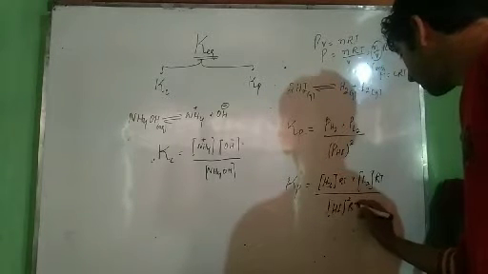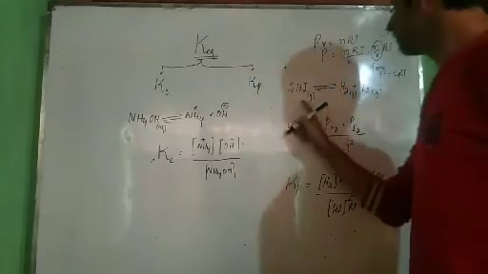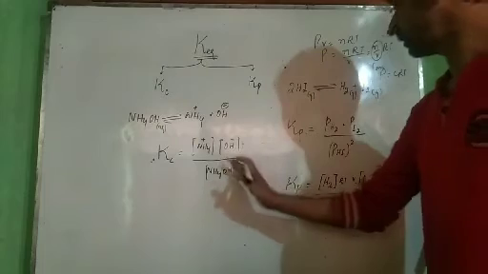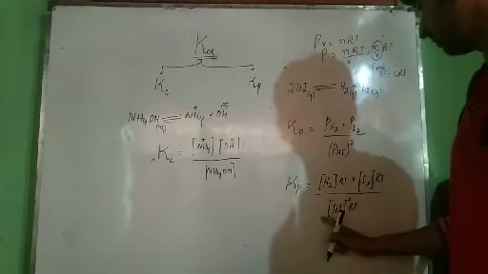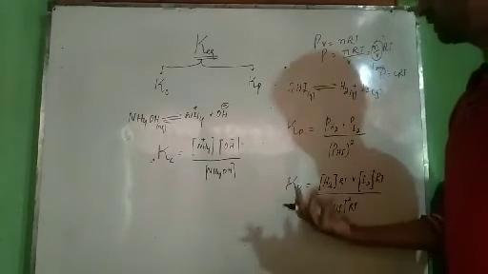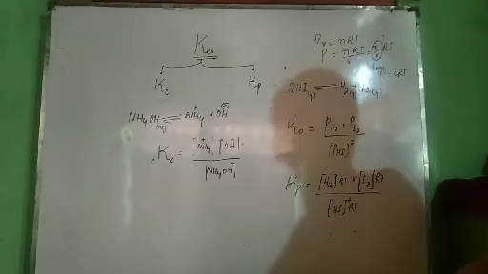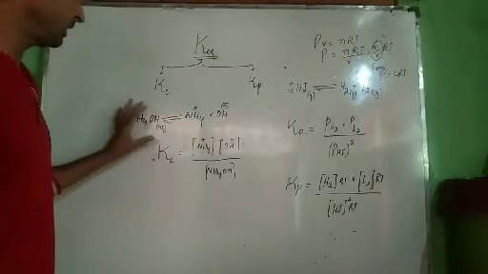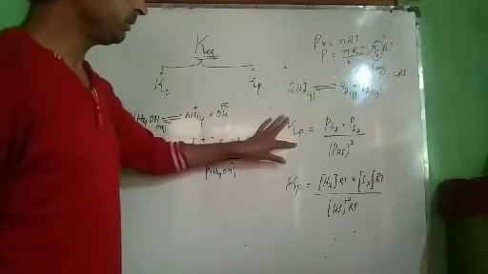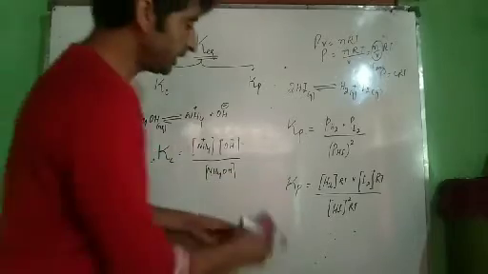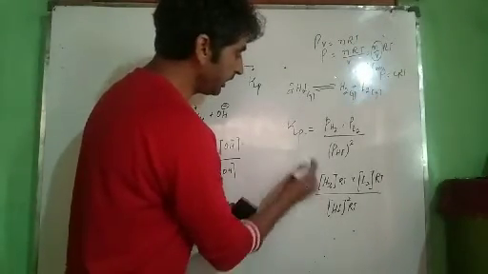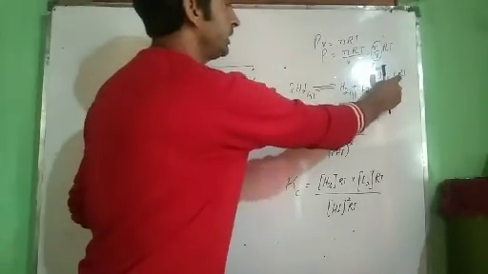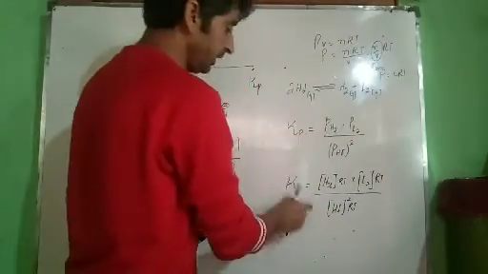whole square into RT. Means I can write equilibrium constant for gaseous reaction both in terms of Kp and in terms of Kc. This Kp and Kc are related by the general formula. We can substitute over here, we can get the formula, but do remember the formula directly because questions are directly asked from the formula. Now what have I told you till now? I have said if we have a gaseous reaction then we represent it with Kp as well as Kc. If we represent with Kp then we deal with partial pressure. If we equate this partial pressure to CRT from PV is equal to nRT, then we represent it with Kc.